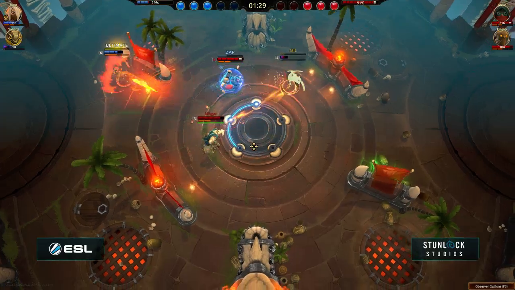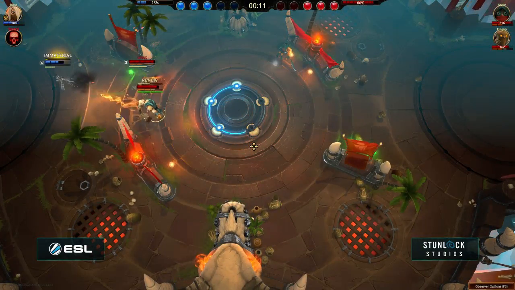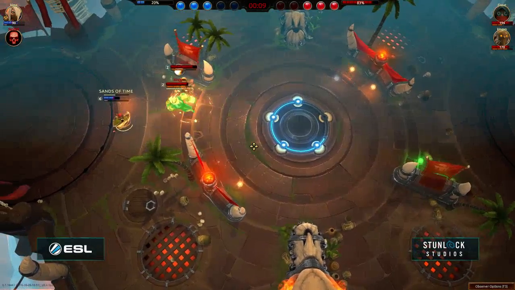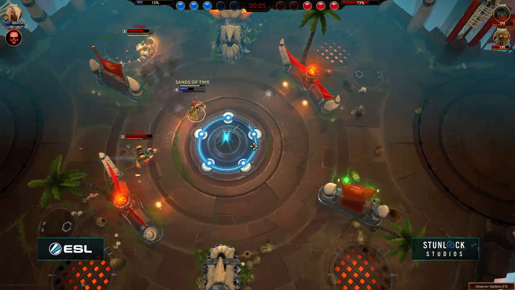Just missed as she uses her jump to get out. The ultimate coming from Jade. Croak gets blown up absolutely immediately there. The time bender is grabbed. He leaps, just misses. He casted it just a second too early,